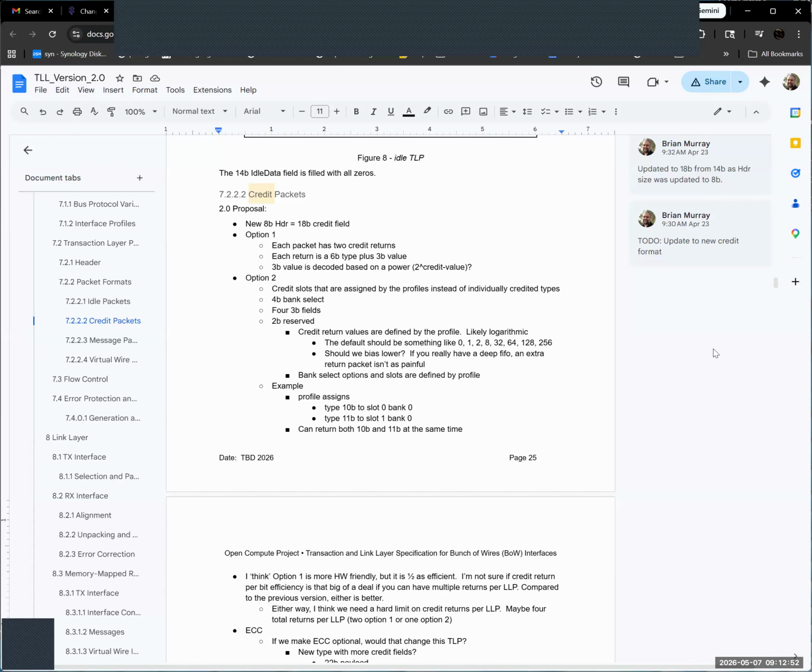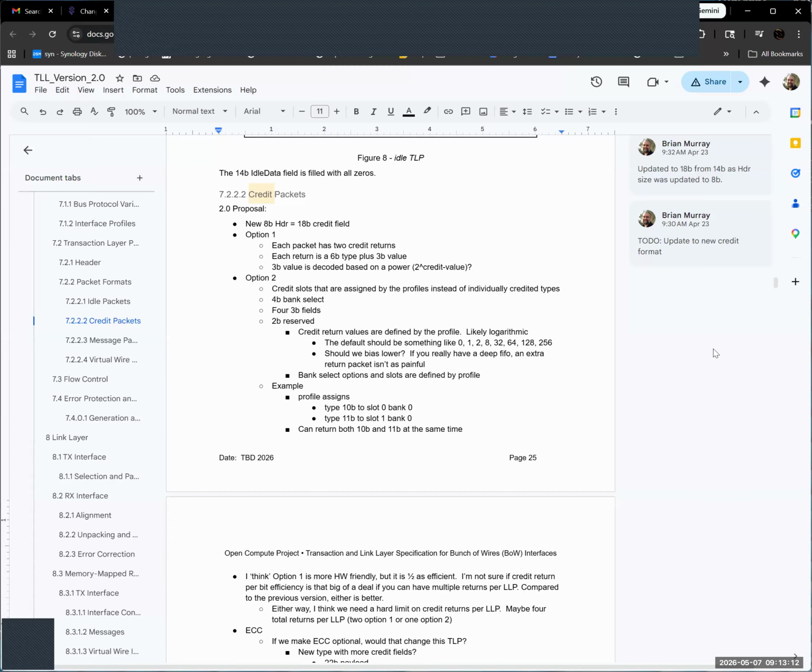My general thought is, if we're going to increase the LLP size, then for all the non-credited stuff, the easy answer is just to make it something like two. So you can do two of any given non-credited type in an LLP, and that makes sense.